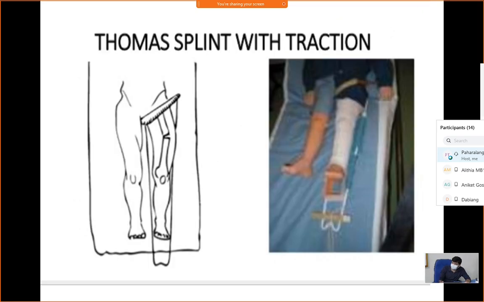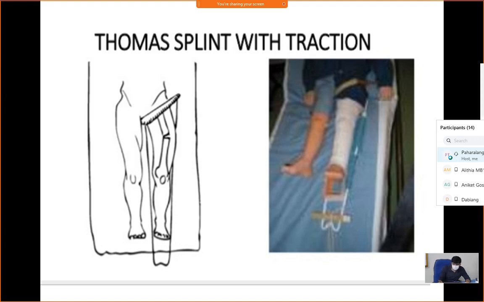And this is how we use this. This picture is not that clear, but you can see blue bandages are applied on the splint, and after that we keep the limb over the bandages. And this is used like this. The long bar is kept outside, and this is mostly used. This is called a universal splint.